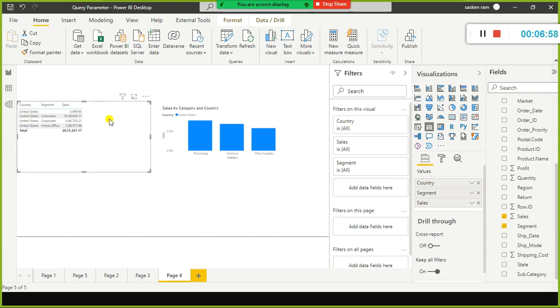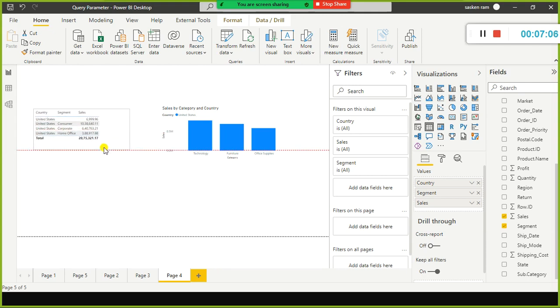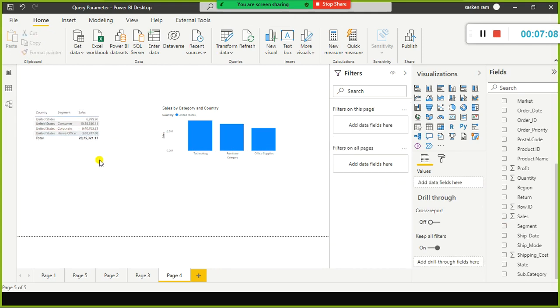So this is one visual. This is a table visual. If you use any other visual, it will show the same. So okay, what is the use for me? One advantage is we are not causing any bottleneck to my source system by selecting the entire data. Instead of selecting the entire data, I am selecting only the data that is relevant to the United States. In that case, I am extracting only a subset of the data from the source system.